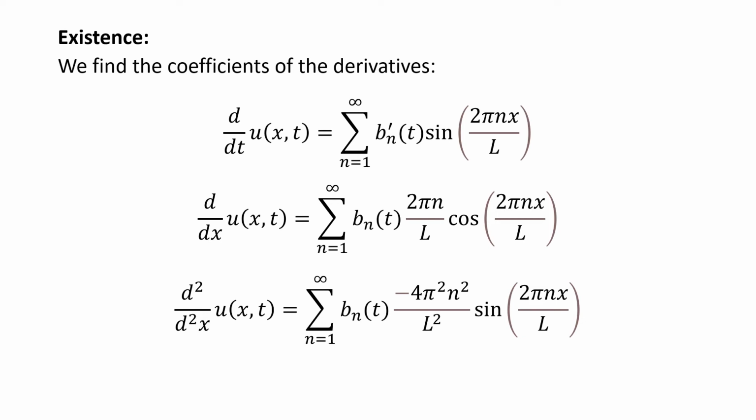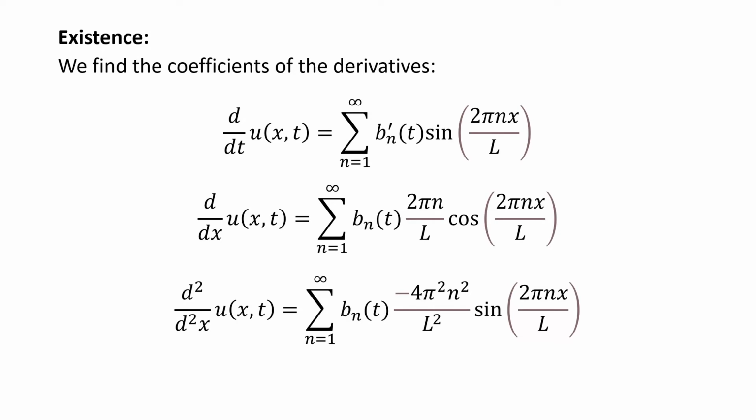Next, we take a look at the derivatives in x of first and second order of u. In the second equation, if we take the derivative of u in x, we get the infinite sum starting at n equal 1 up to infinity of b_n of t times 2 pi n over L times the cosine of 2 pi n x over L. Again we distribute the x derivative over all the summands in the Fourier series, and we notice on the one hand the coefficients do not depend on x. Nothing happens there, but the sine modes of course depend on x, and so we just compute their derivatives in x. And we repeat this for the last line,